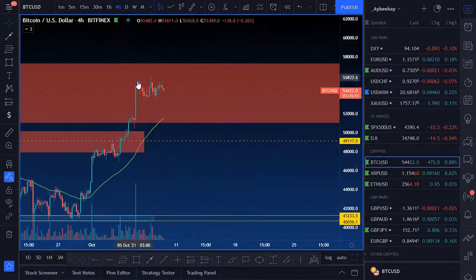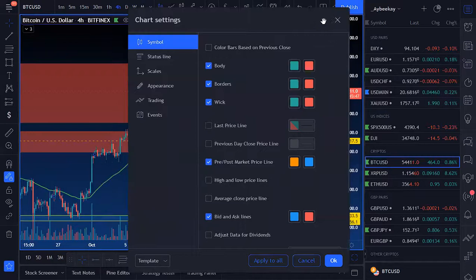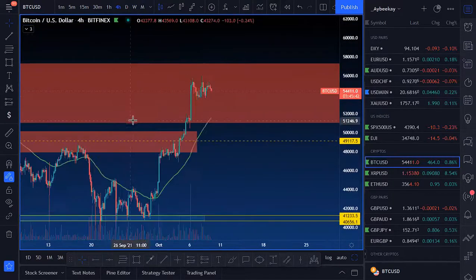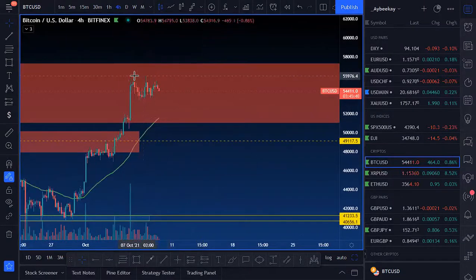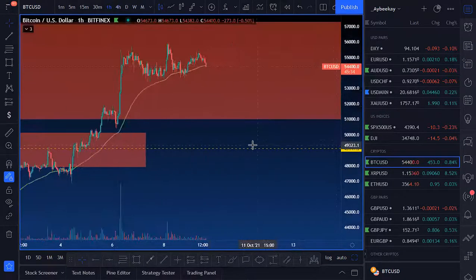The 4-hour time frame is just consolidating. It does look like a bullish flag here, but I'm not gonna join and try to buy at a supply zone. The only thing that I would probably end up doing, and even that is kind of hectic, is, okay, hold on, 1 hour time frame. If you look at the 1 hour time frame right now, it kind of looks like there's a head and shoulders pattern, right? And it's in a supply zone. That's number 2.